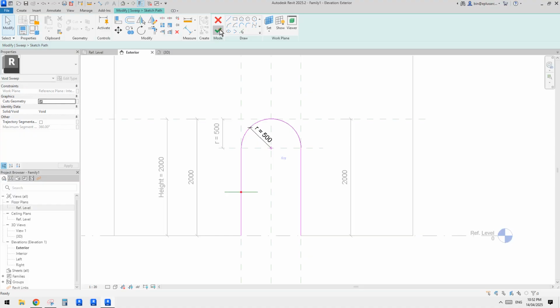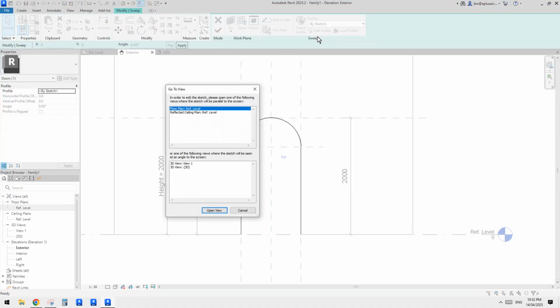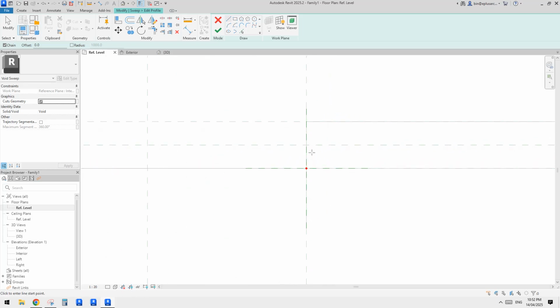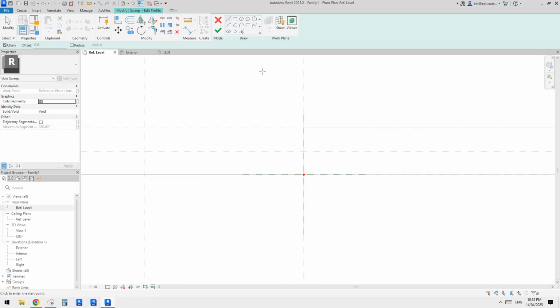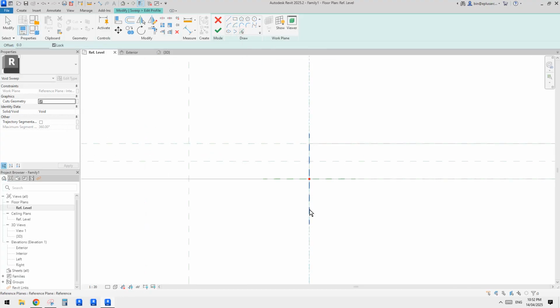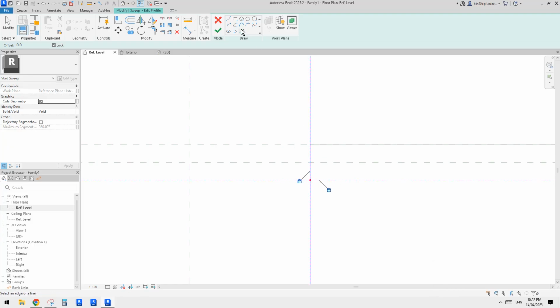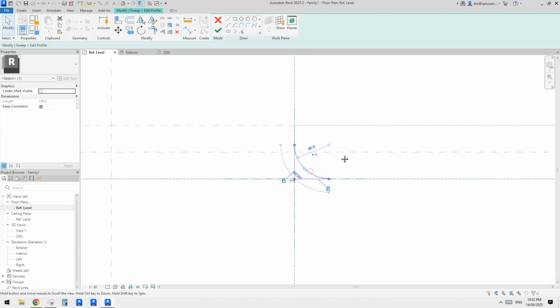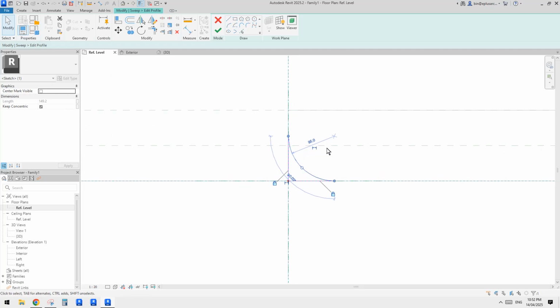Okay, so now let's finish this one and then go to edit profile. So go to floor plan or even 3D view, and then we just need to add a profile for the sweep. So for this one, we're going to pick line again. So I'm going to just pick this, right? And also pick this. So now we have this, and then we just need a start and radius arc. Okay, trim. Okay, and then this one,